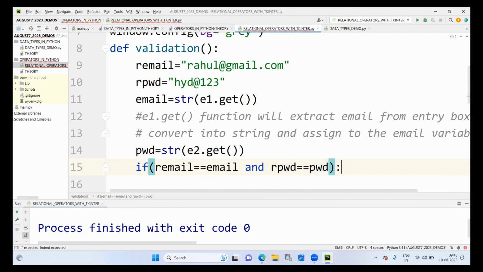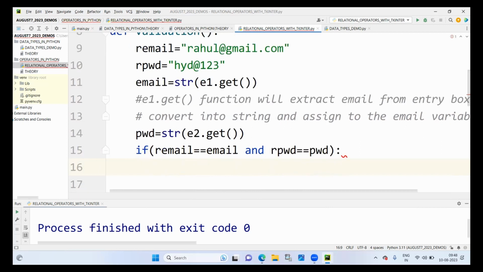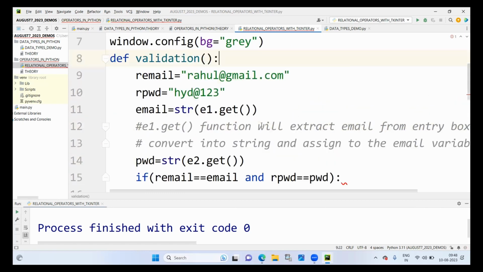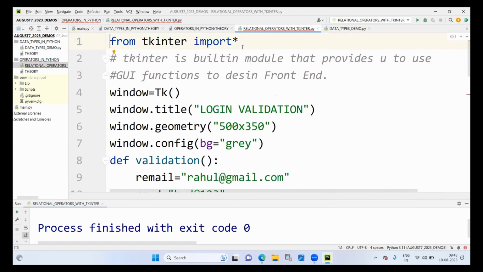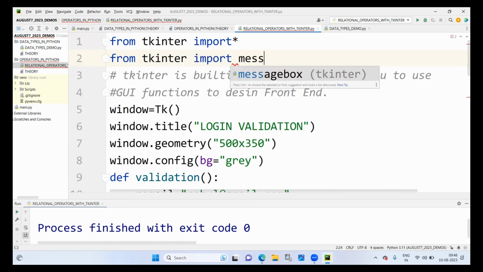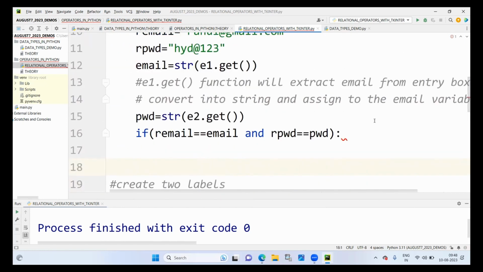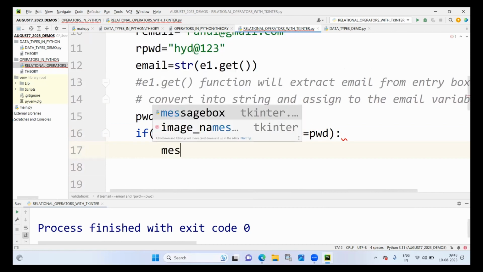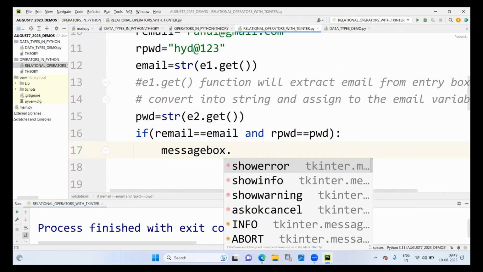If both are equal, then what is supposed to happen here? Normally, you will reach the inbox page. But now we are not working on HTML. We are working on the Tkinter standalone graphical user interface, right? Therefore, there will be a message box derived from Tkinter. Import messagebox. Now, what is the message I am going to write here? messagebox.showinfo,